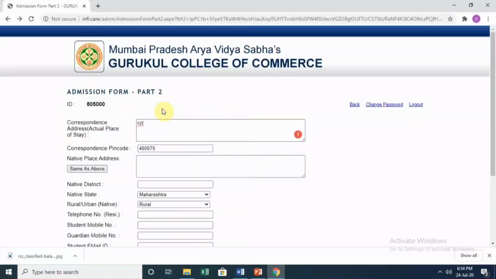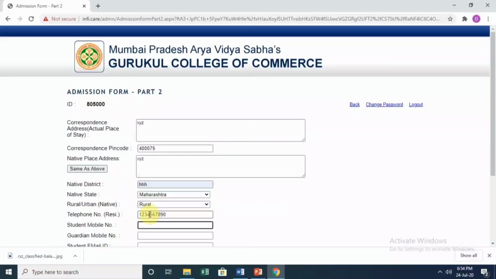In part 2 of the admission form, you need to fill up the correspondence address, the place where you are staying right now. Put the correspondence pin code, native place address. If it is the same, then click on same as above. If not, you can fill up the details. Your native district, fill up all the details.